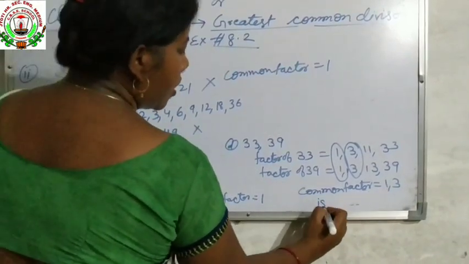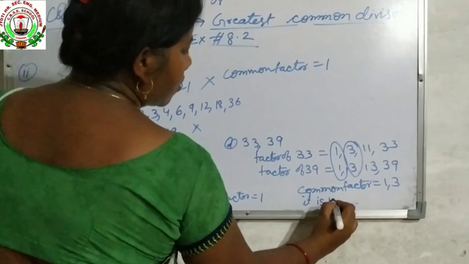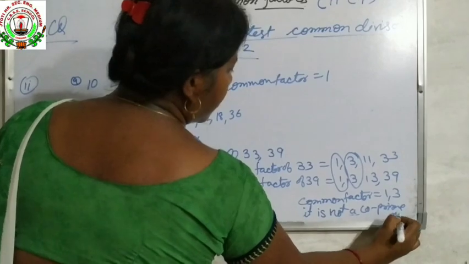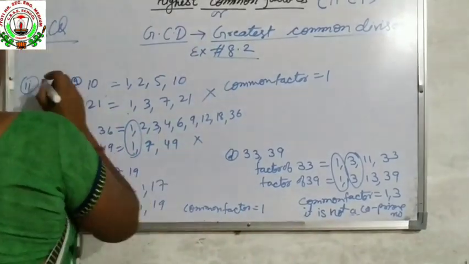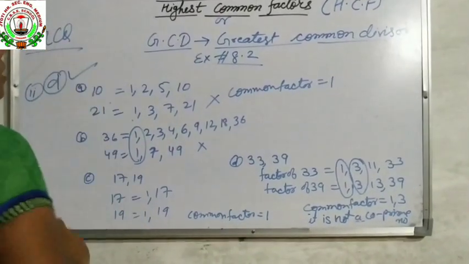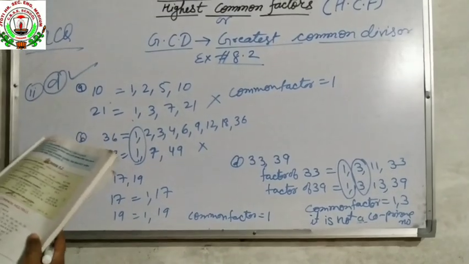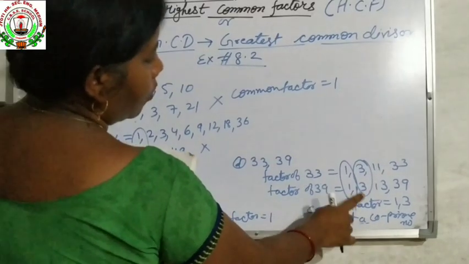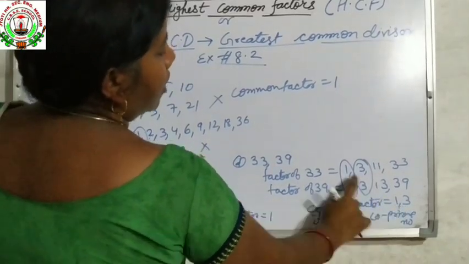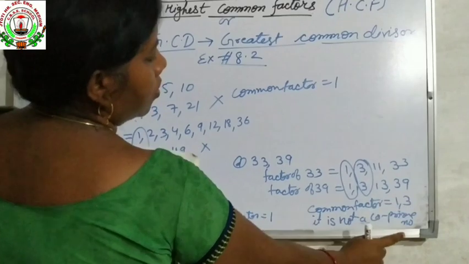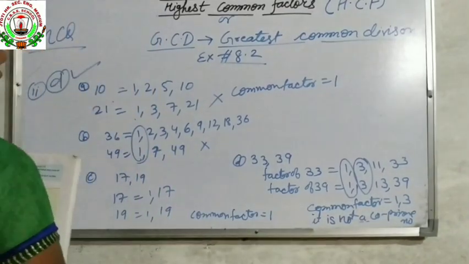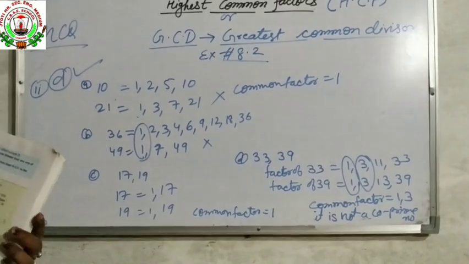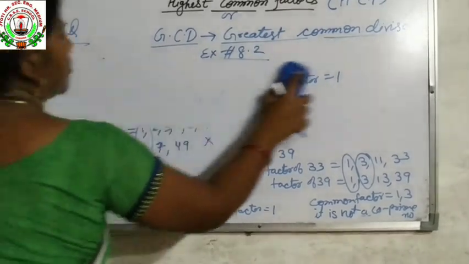So it is not a co-prime number. So which option is it? Option number D. So we will put the correct answer in D. Understood? Be careful. Your question is that not have co-prime numbers, that is, both are having more than one factor. That is, common factors are 1 and also 3. So it is not a co-prime number. So the correct answer is D and all the other options are wrong. Understood? Now next is 3.